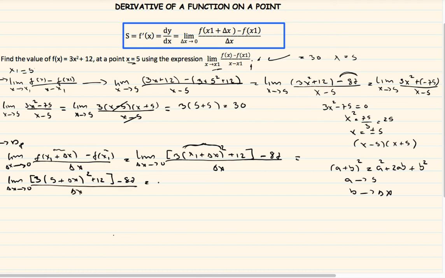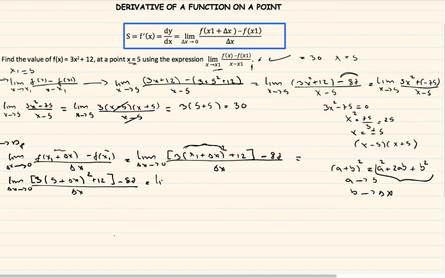Now replacing by the expanded term, we have the limit as delta x tends to 0 of 3 into 25 plus 2 times 5, which is 10 delta x, plus the square of b, which is delta x squared, all of this plus 12 minus 87,